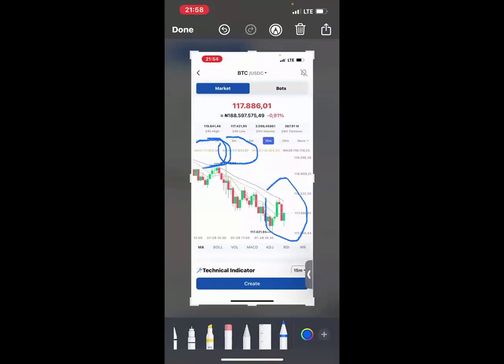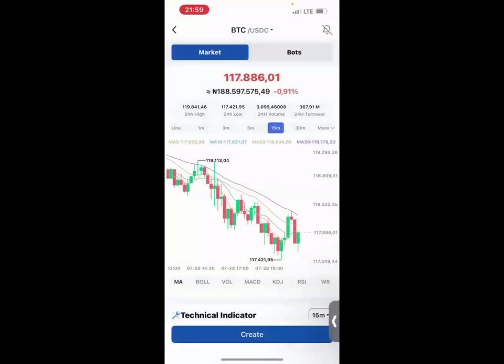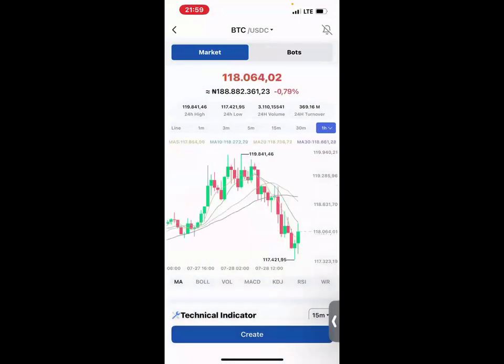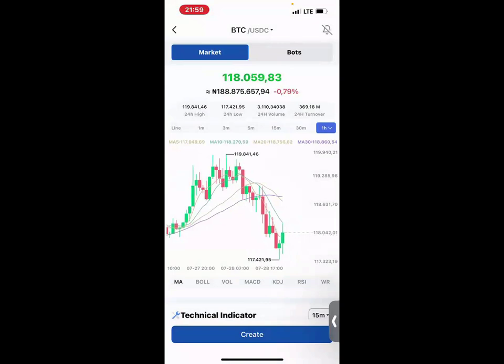117,926. So this is the last average, and this is the 20 period, and this is the 30 period. And if I was to look at another time frame, so on and so forth. If I was to look at 1 hour as well, what you want to know is that this price,